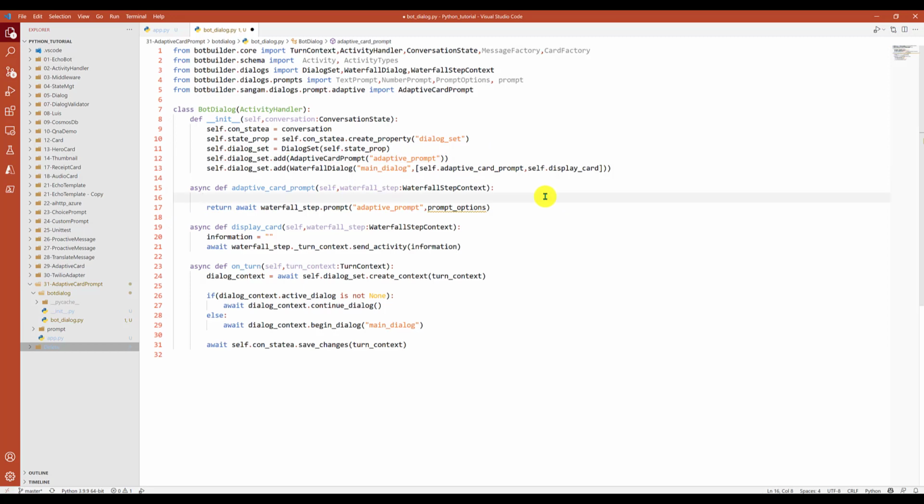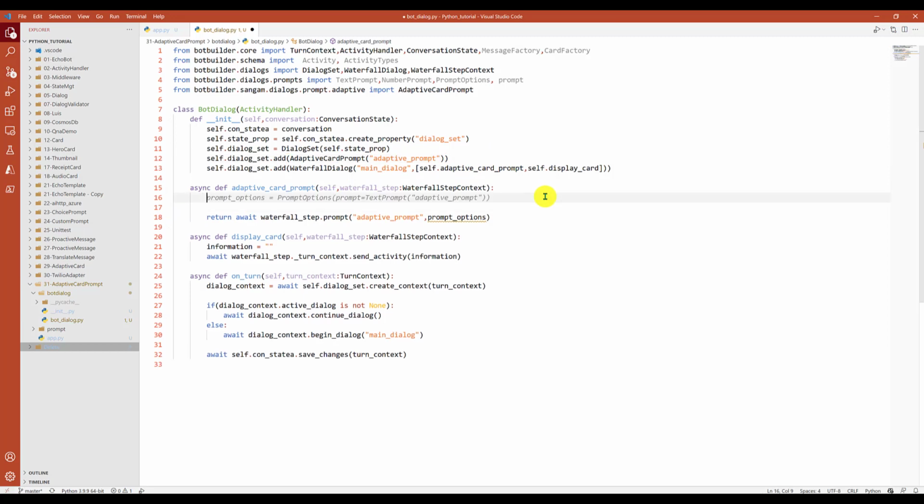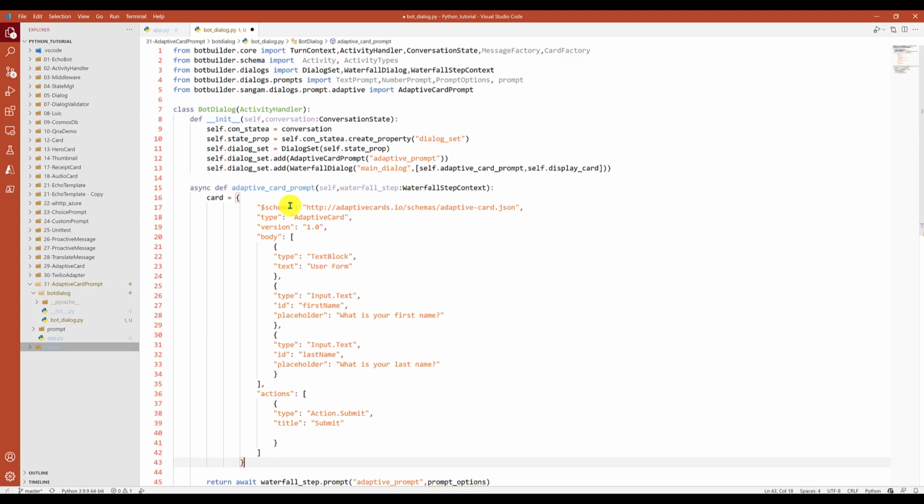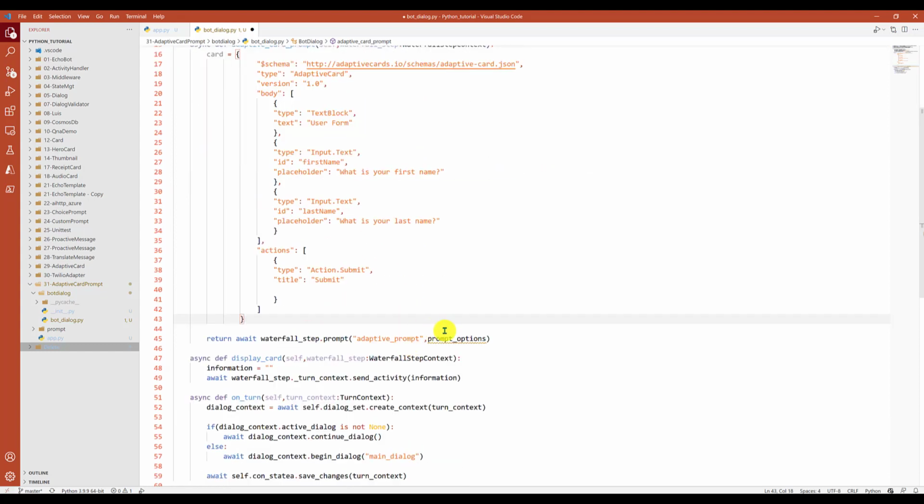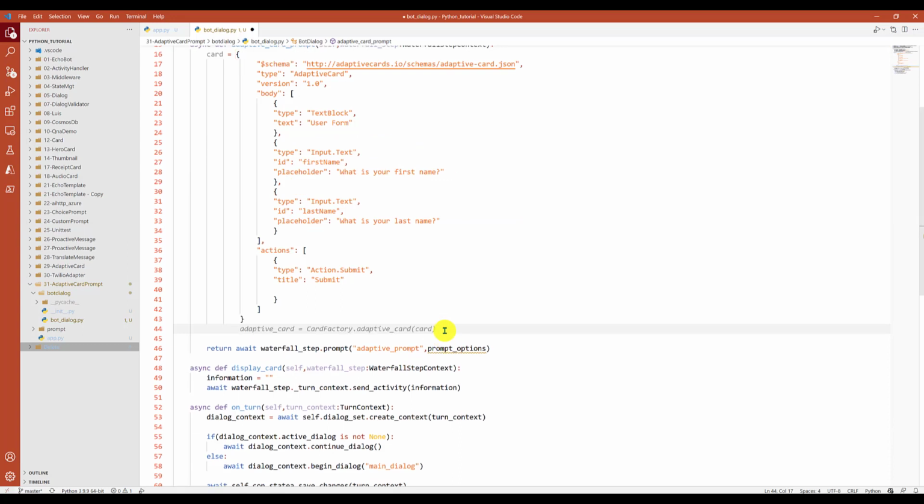Next I'm going to display the card information. I have already created the card, so I just copy paste the card data here. So card information is done. Next step, I should prepare the activity.